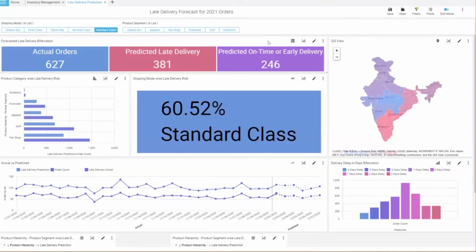But as you've seen, we can further drill down to the next level. We can drill down to a specific location as well, in order to find out where exactly my impact is, because every product line, every inventory, every location will have its own model to be created and its own individual impact. So we definitely take care of that.